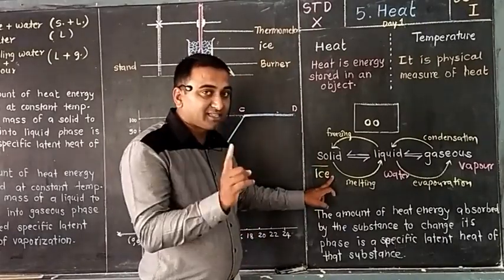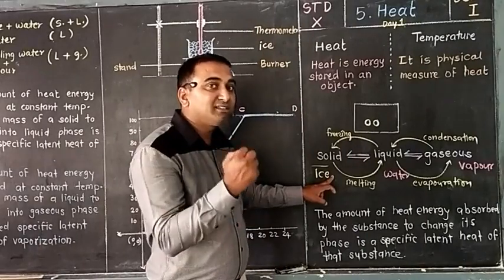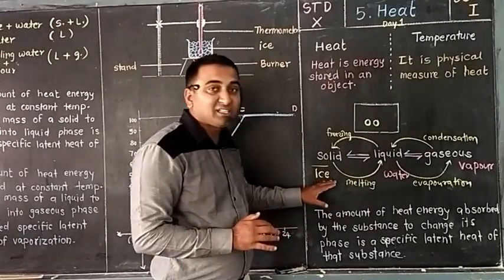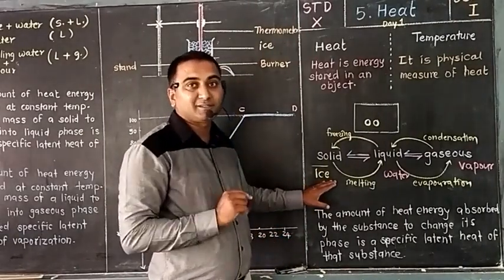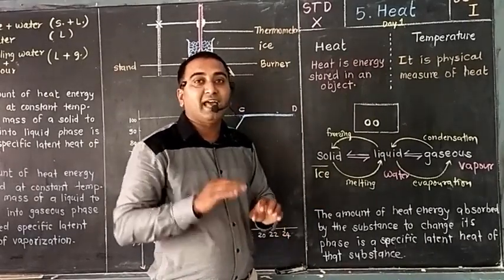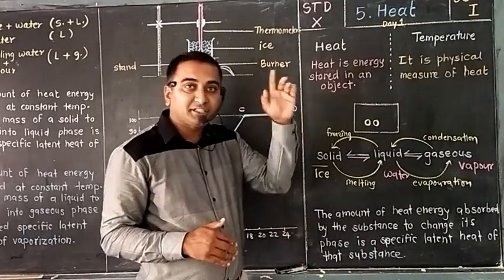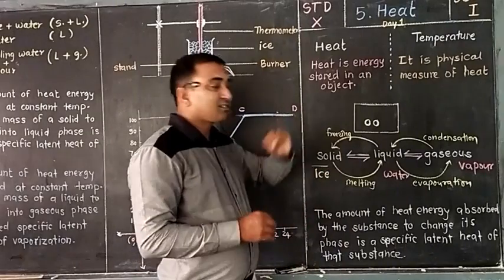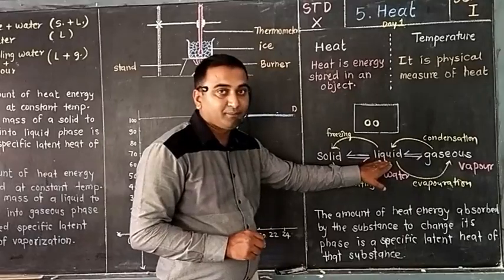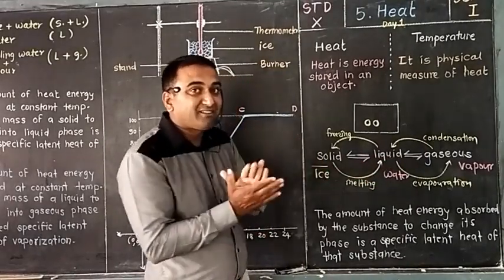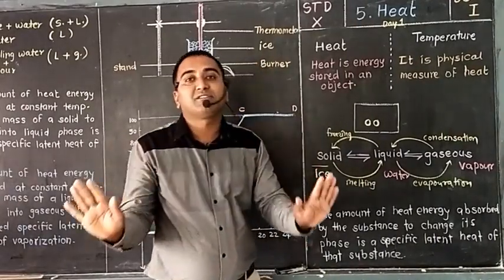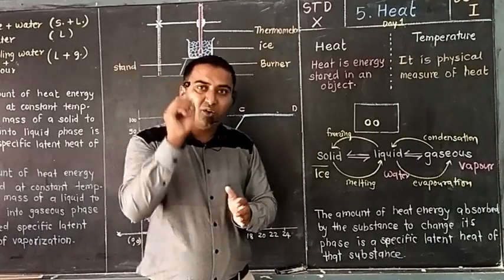Where it is in solid state, definitely it starts to absorb the heat. But by absorbing heat, its temperature of 0 degrees Celsius will not change. See, generally what should happen? When you provide heat to a substance, as heat increases, temperature should increase, or not? But one new thing is going to happen. See what that thing is? When solid is converting into liquid, while converting, it will absorb heat, but temperature will not increase. That means at constant temperature.